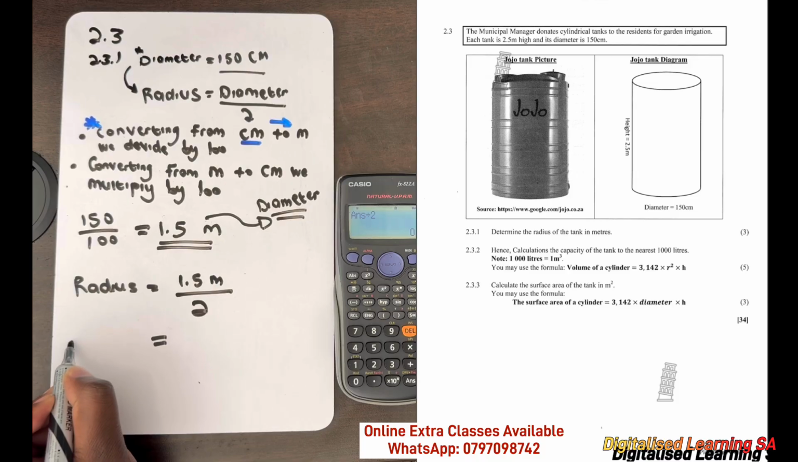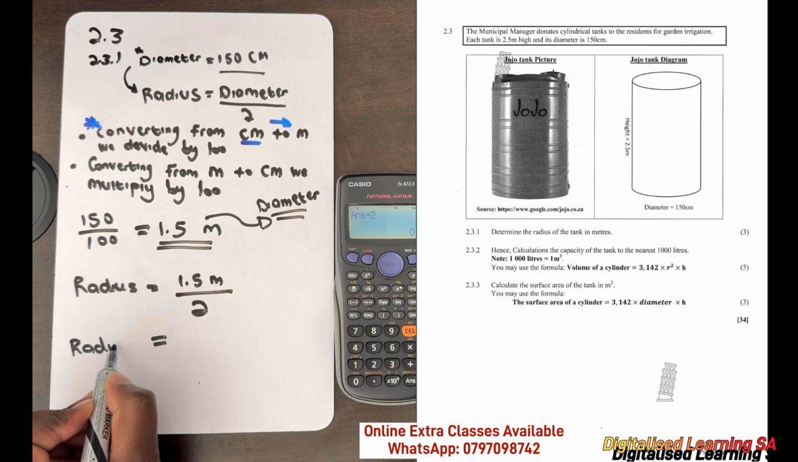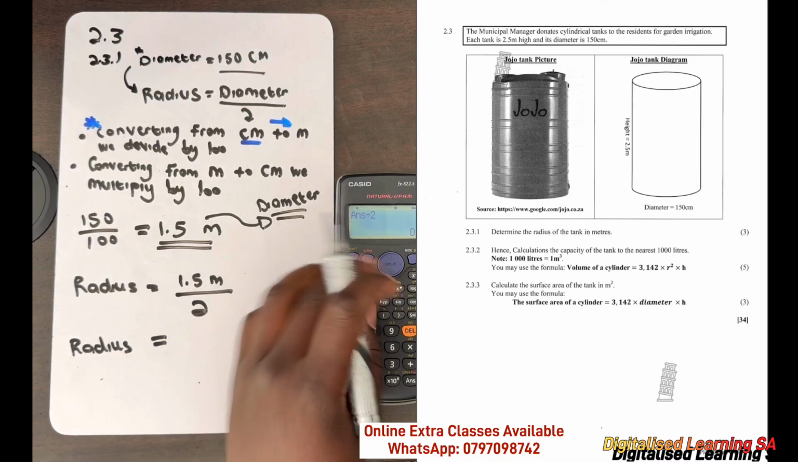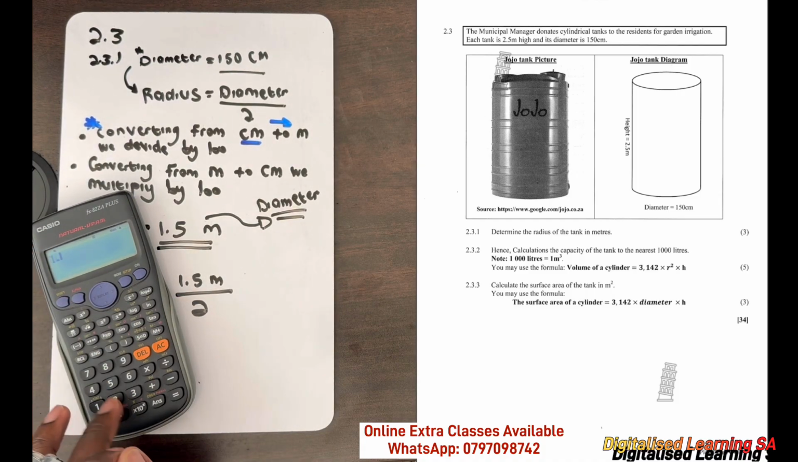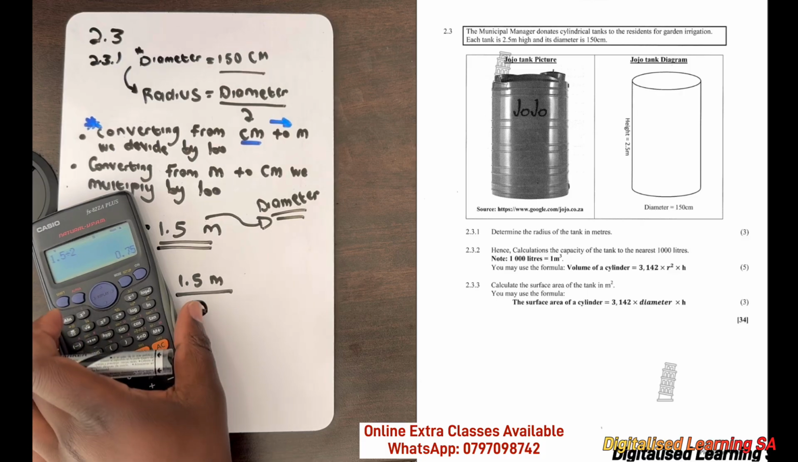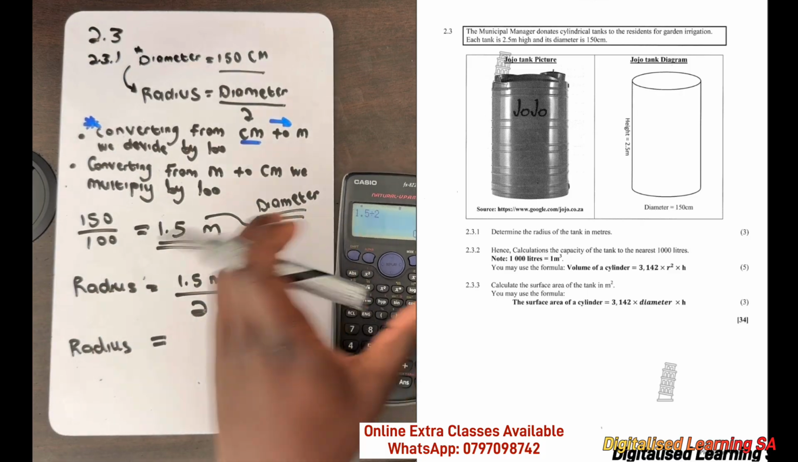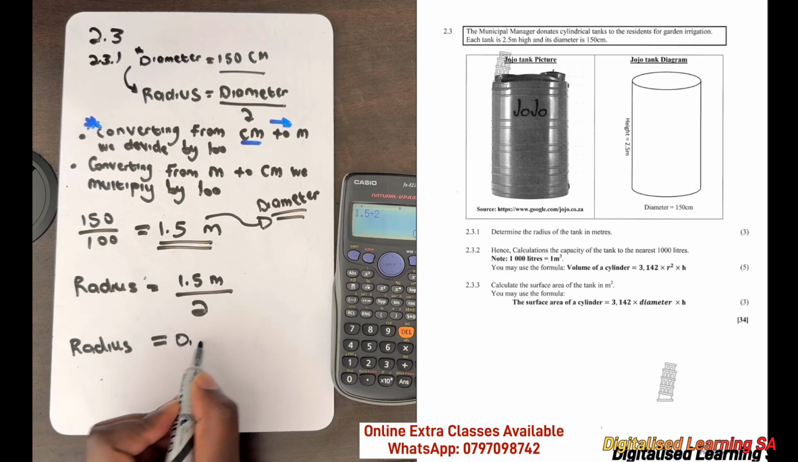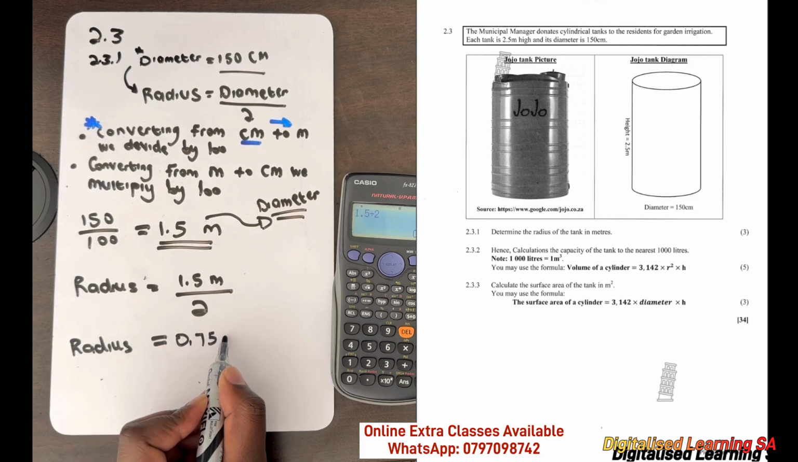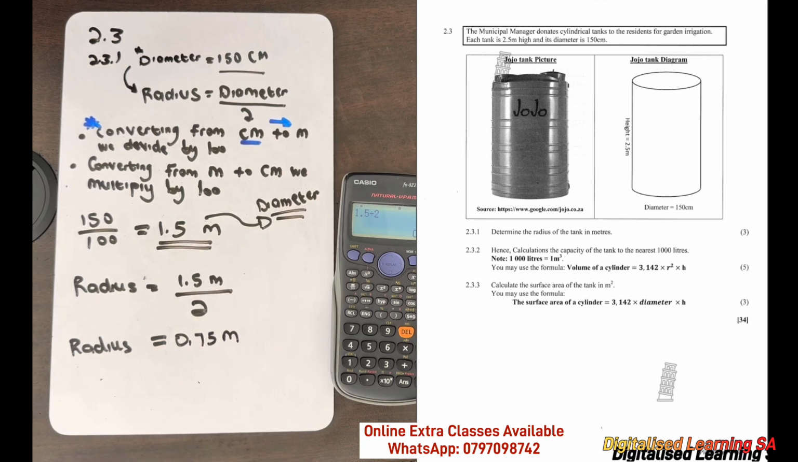And our radius will be equals to 1.5 divided by 2, and our radius will be equals to 0.75 meters. Okay, so now we are done with question 2.3.1, and we'll be moving to question